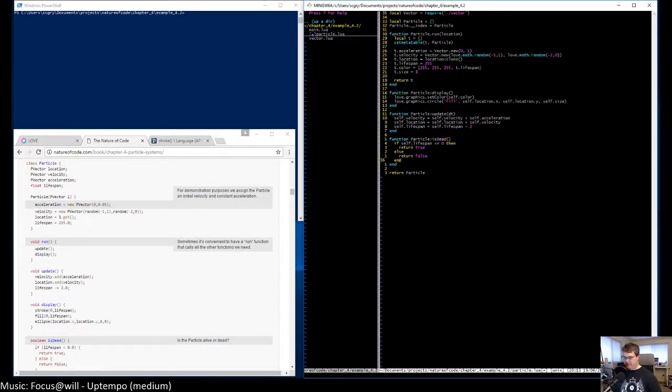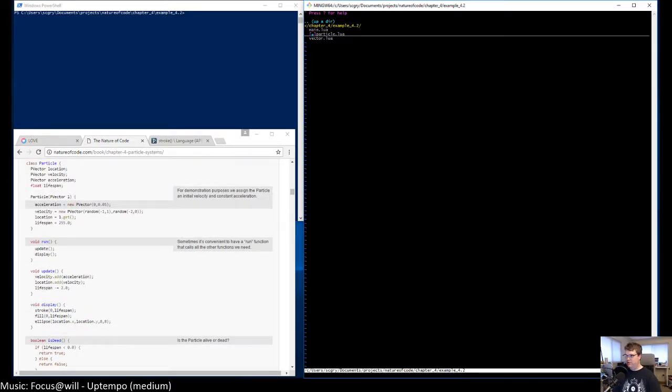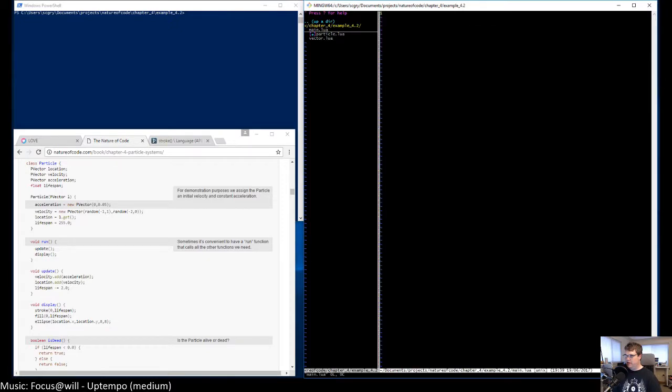Okay, so that handles this particle here. In main, we need to bring in vector and particle.